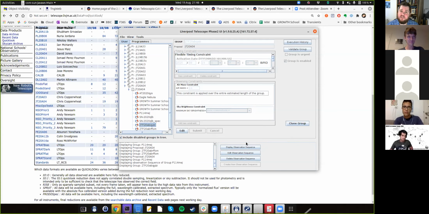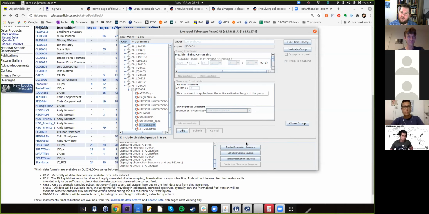So basically the telescope has all of these groups, and not just from me, from all different science users, and it chooses what to observe based on these criteria, like what's the priority, how high is the target in the sky, and so on. So as I was saying right at the beginning, I'm not in control of the observing. The telescope itself will choose what to observe,